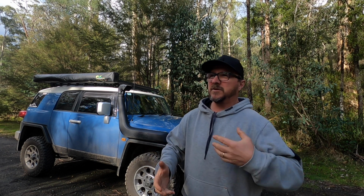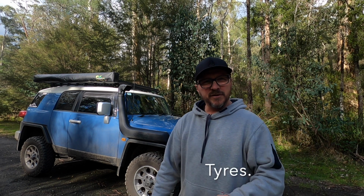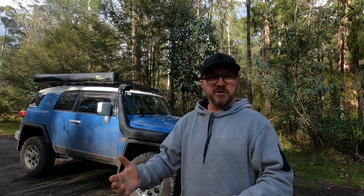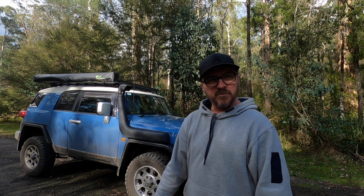Now, this one might be a little bit controversial. Not really controversial is not the word, but second-hand tyres. Personally, I'd buy tyres brand new, unless you want them just for your trailer or something like that. Potentially you could look at second-hand if you do want to buy tyres to match up with your vehicle size, etc. But